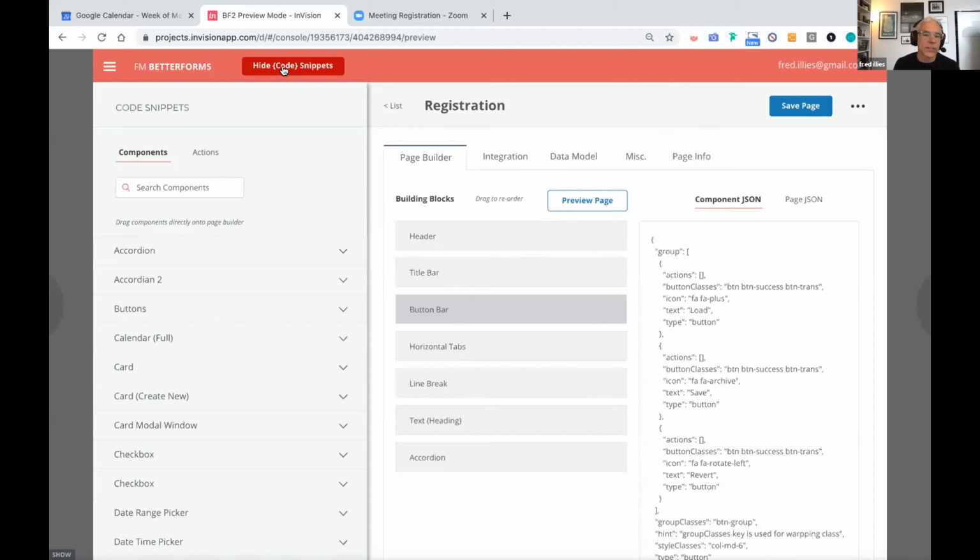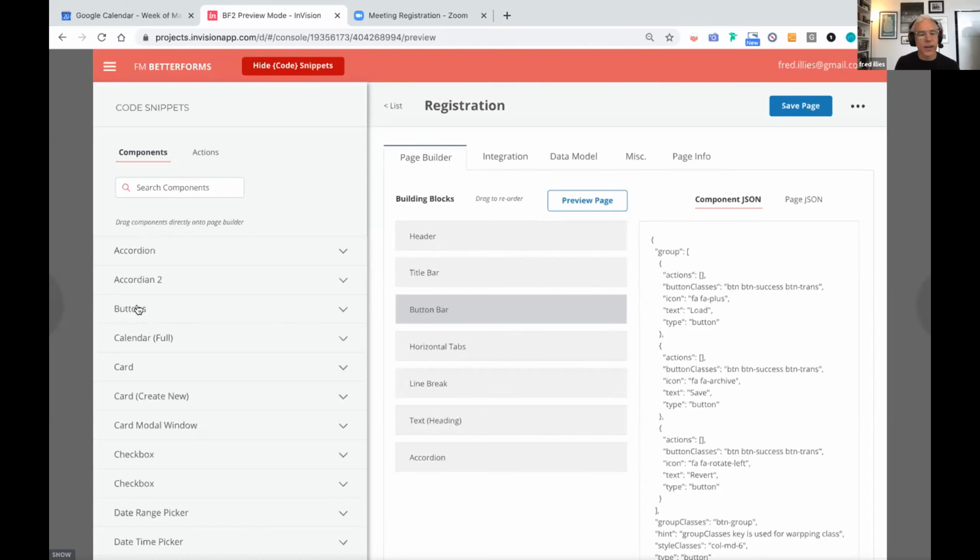One of the things here is hiding code snippets. So this idea of being able to look for code snippets. What you see in the middle is a representation of a bunch of blocks that have been added to this page. And then if you click on one, you'd be able to see the code for that particular block. But if I wanted to add another block, let's say a button, then the idea would be,